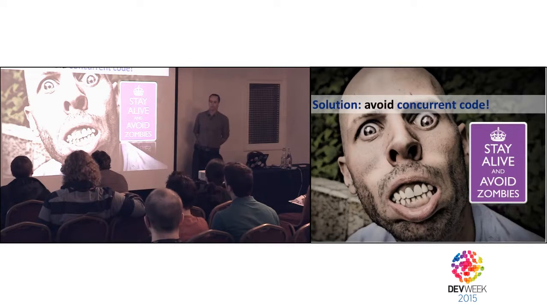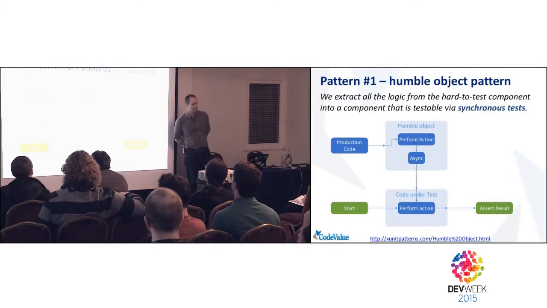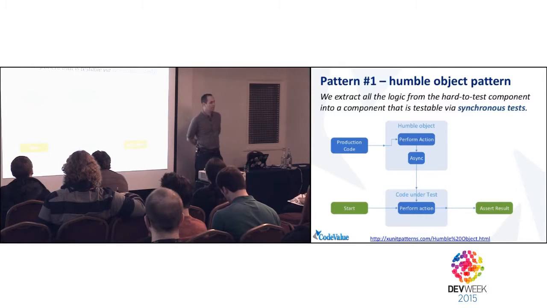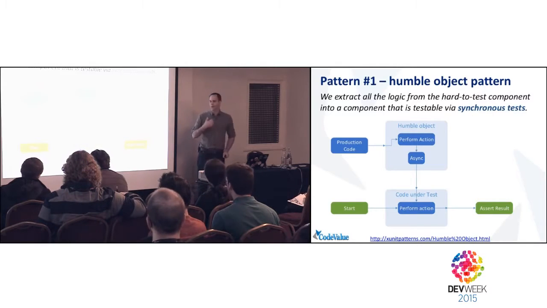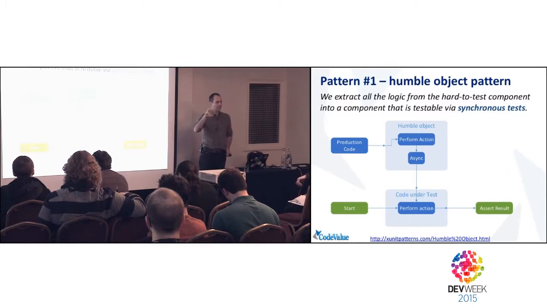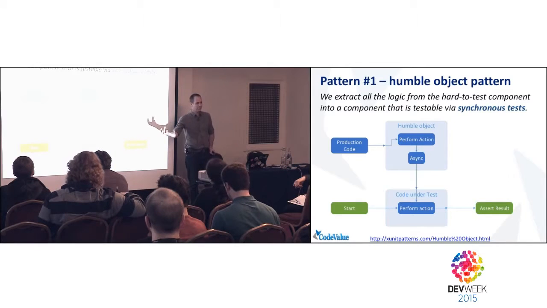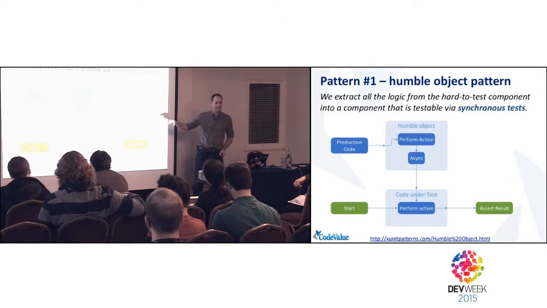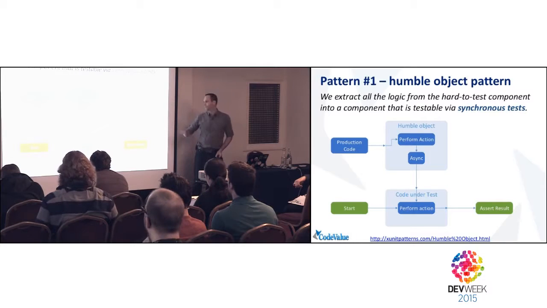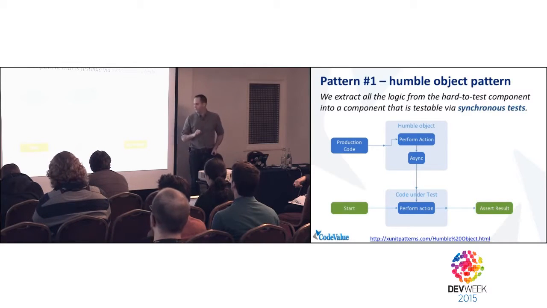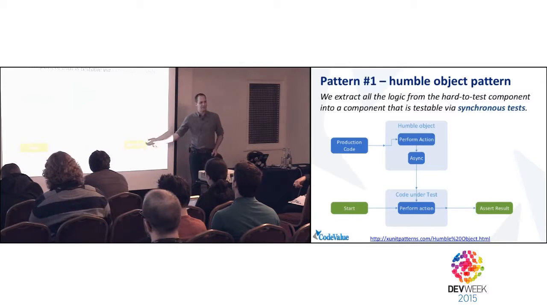I do that using an actual pattern called humble object pattern from the XUnit patterns book. They didn't talk about concurrency, but it works for me. The idea is I have an object, it's very hard to initialize it, or it caused me a bunch of problems like an infinite loop. So I'll extract the logic from that object, the business logic which I want to test. I extract it out of the logic I don't want to test, only this guy, and that one, well, I'll forget about it. Do only part of the whole thing,